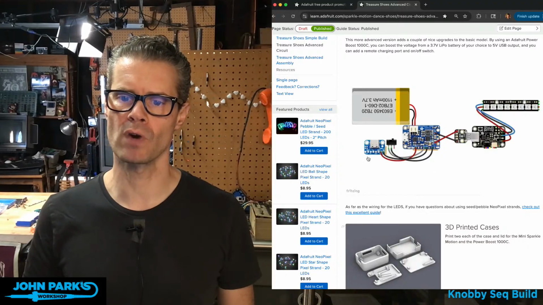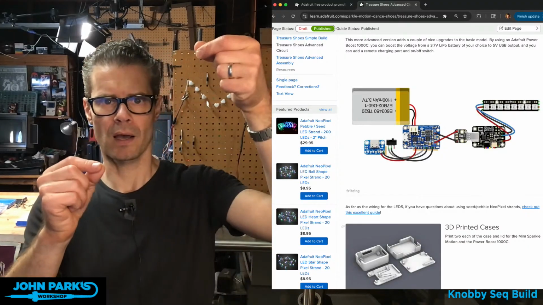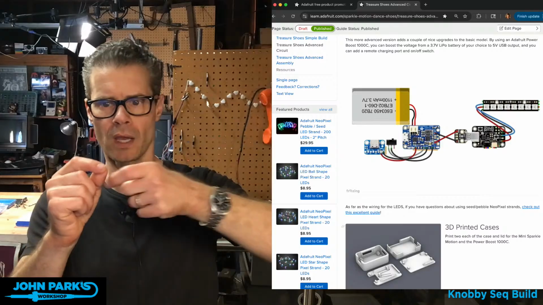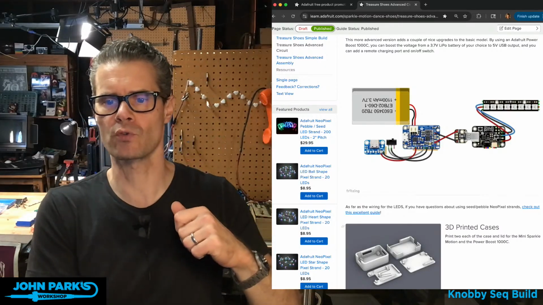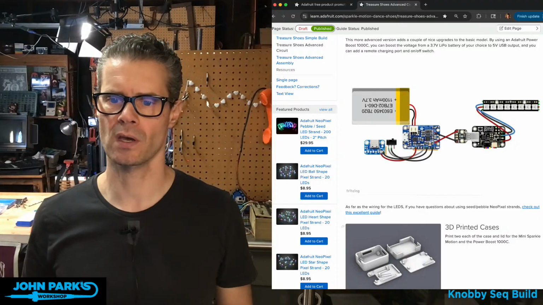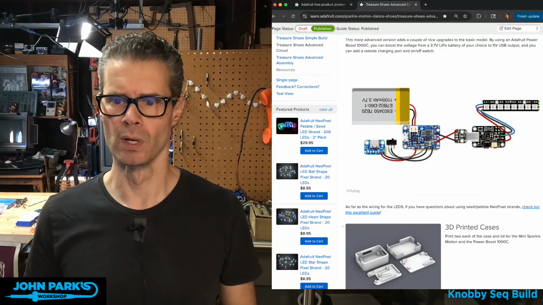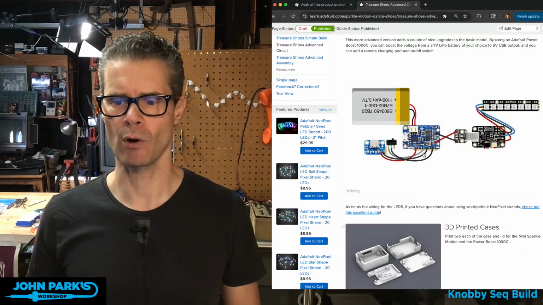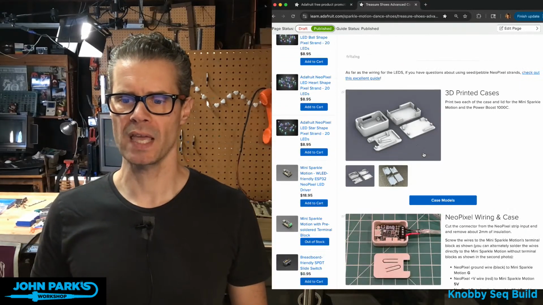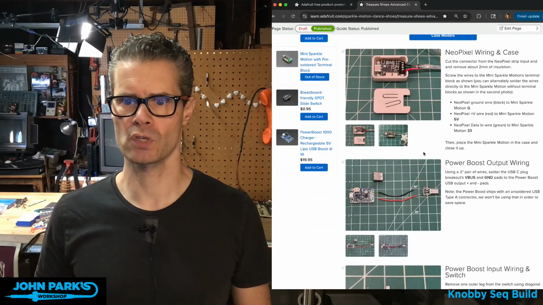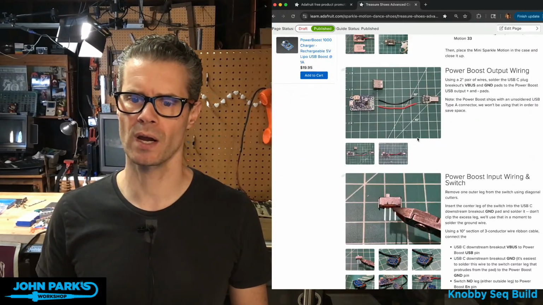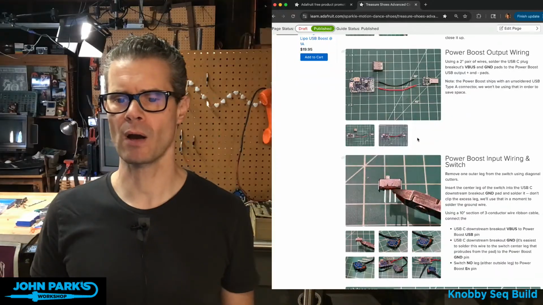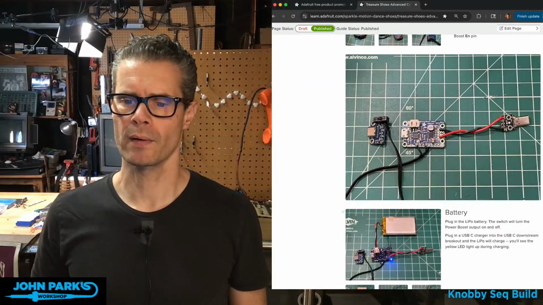And I've also run a USB-C input for charging up to the tongue, or the insole really of the shoe, the trapdoor, and an on-off switch that's available for the enable, disable pin on the Power Boost. Got some 3D printed cases that I've just modified from one of the Ruiz Brothers ones and posted there, and I also made a little case for the Power Boost, showing wiring that all up.